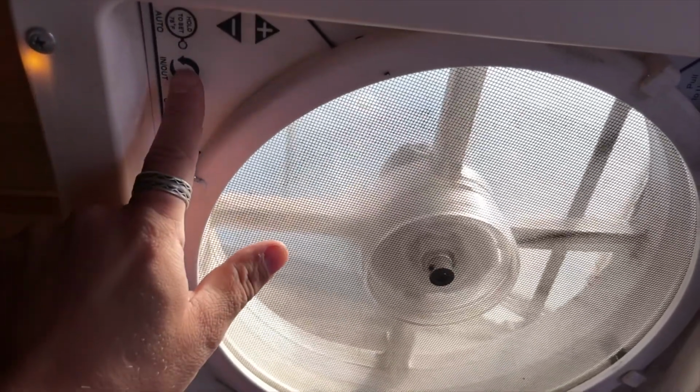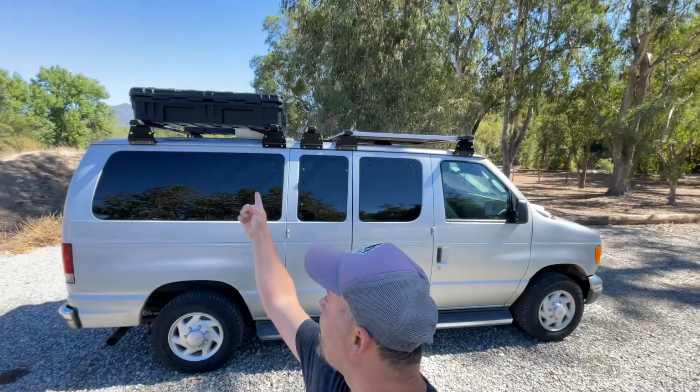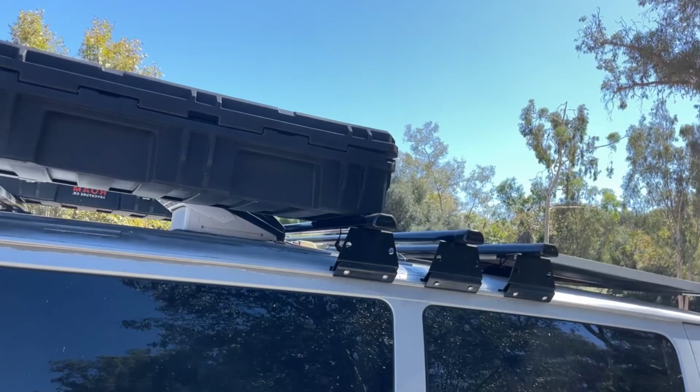We're moving backward to the other end of the van. In the middle, I have a Maxxair vent. It could pull air in, it could push air out. It's in the middle of these boxes, which I'll get to in a minute. If you look at it from the side, you can barely tell unless you're really looking, but otherwise you probably won't see it. You can definitely see it from the back,